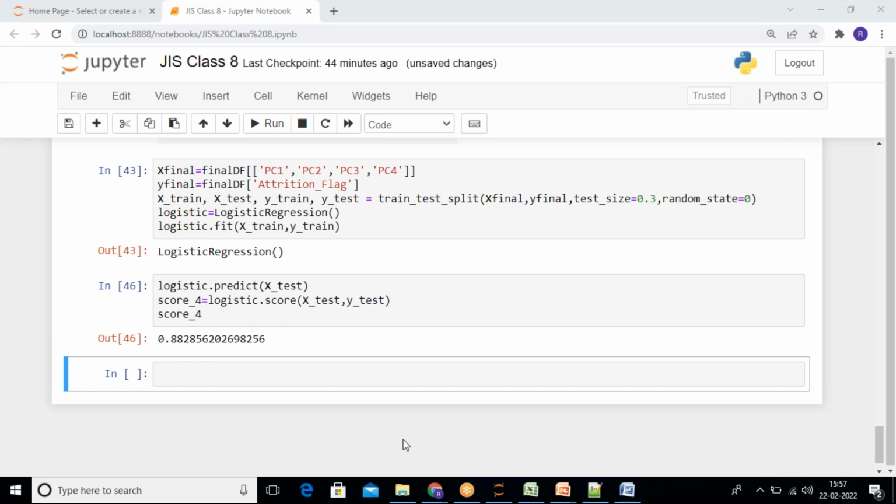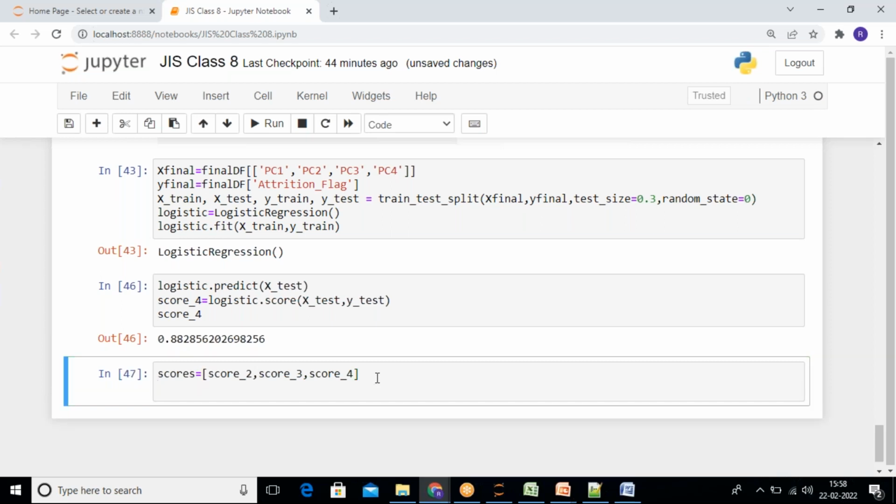Now I will take one variable. Suppose, inside this list: score_2, score_3, score_4. I've just converted the whole thing into a list. And after converting it into a list, I have to do one more thing. Any problem? Does anybody have any problem, any question? Okay, so after that